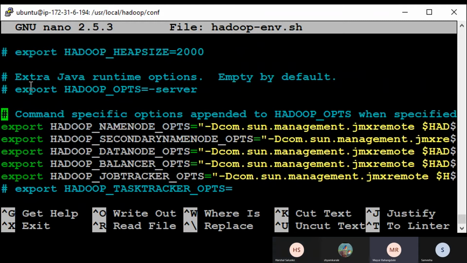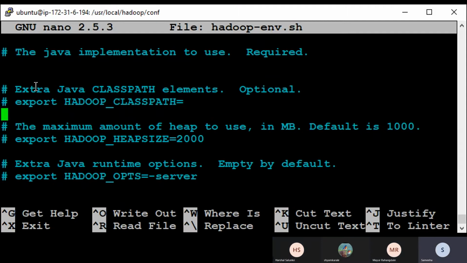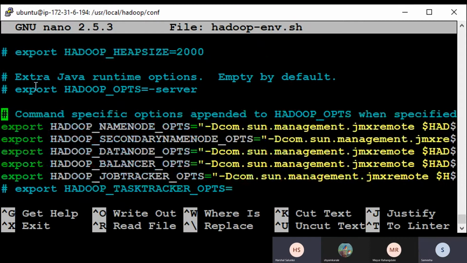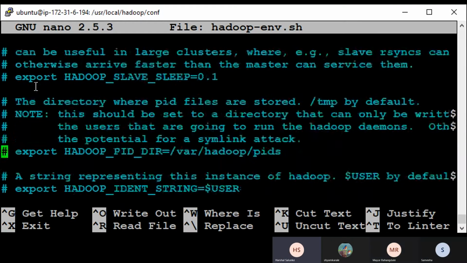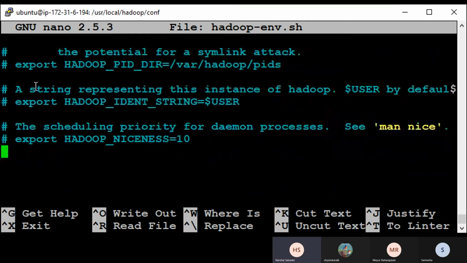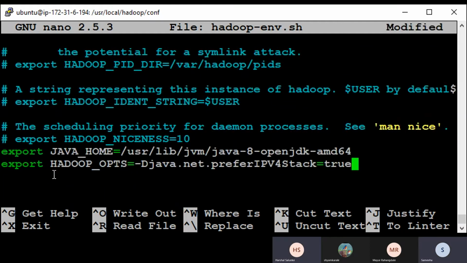You need to cut it. Select these lines and cut text with Control K. This was already there. Just come at the end of the file and paste it. I think that should work. Yeah, done.